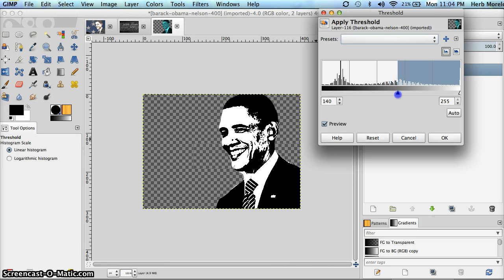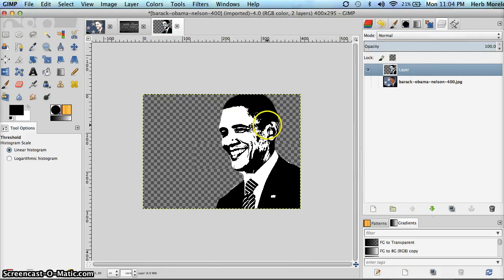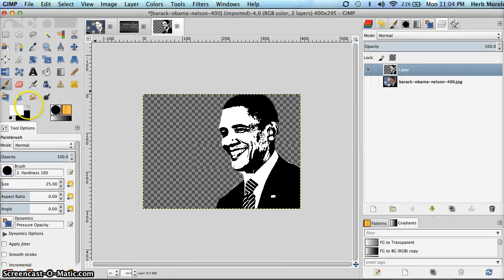Let's go right about there. And what we can do is clean this up manually. Say OK. Take a brush with white and simply clean some of this up a little bit right there. Not bad. Okay, so we have our threshold version of President Obama. Now, we have some options. We could really quickly paste in our text and be done really fast, or we could spend a little bit of time